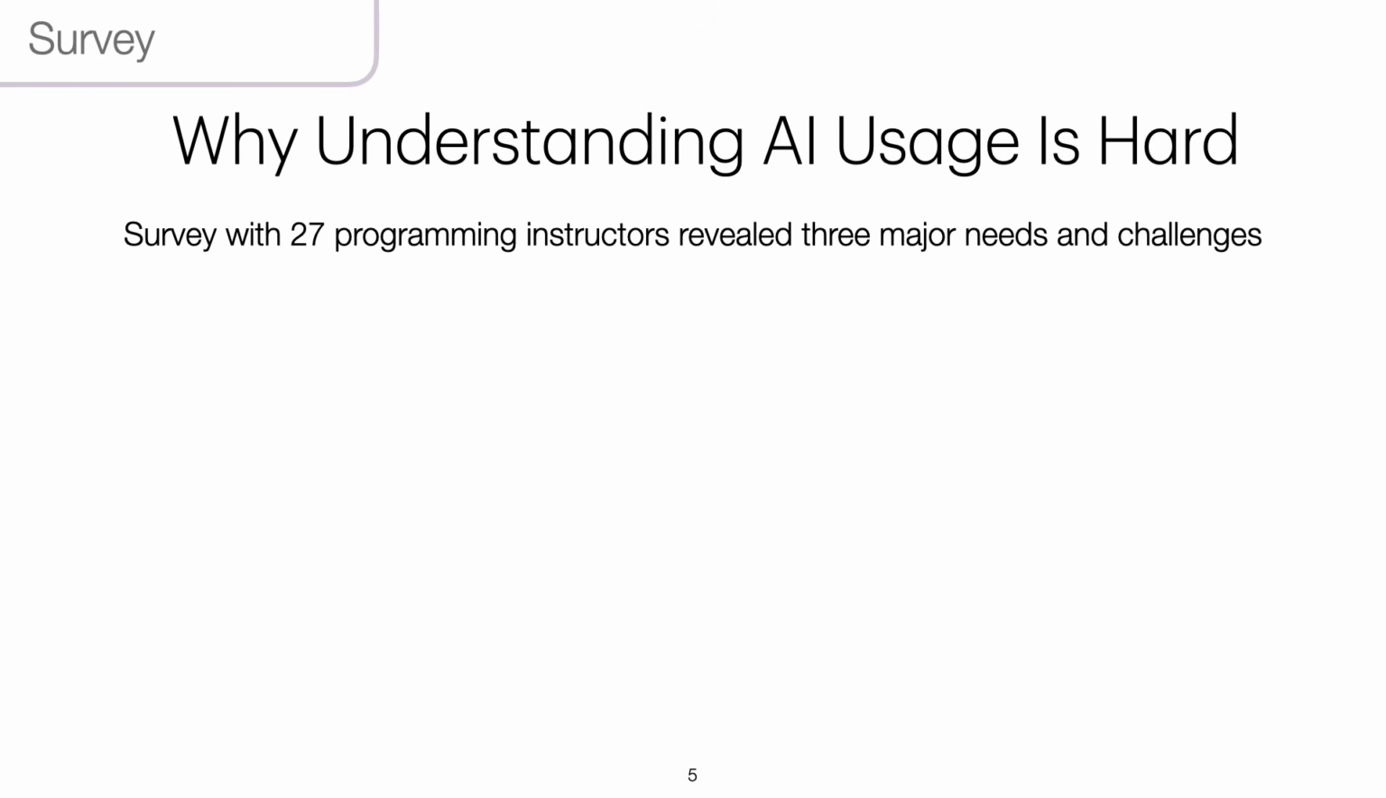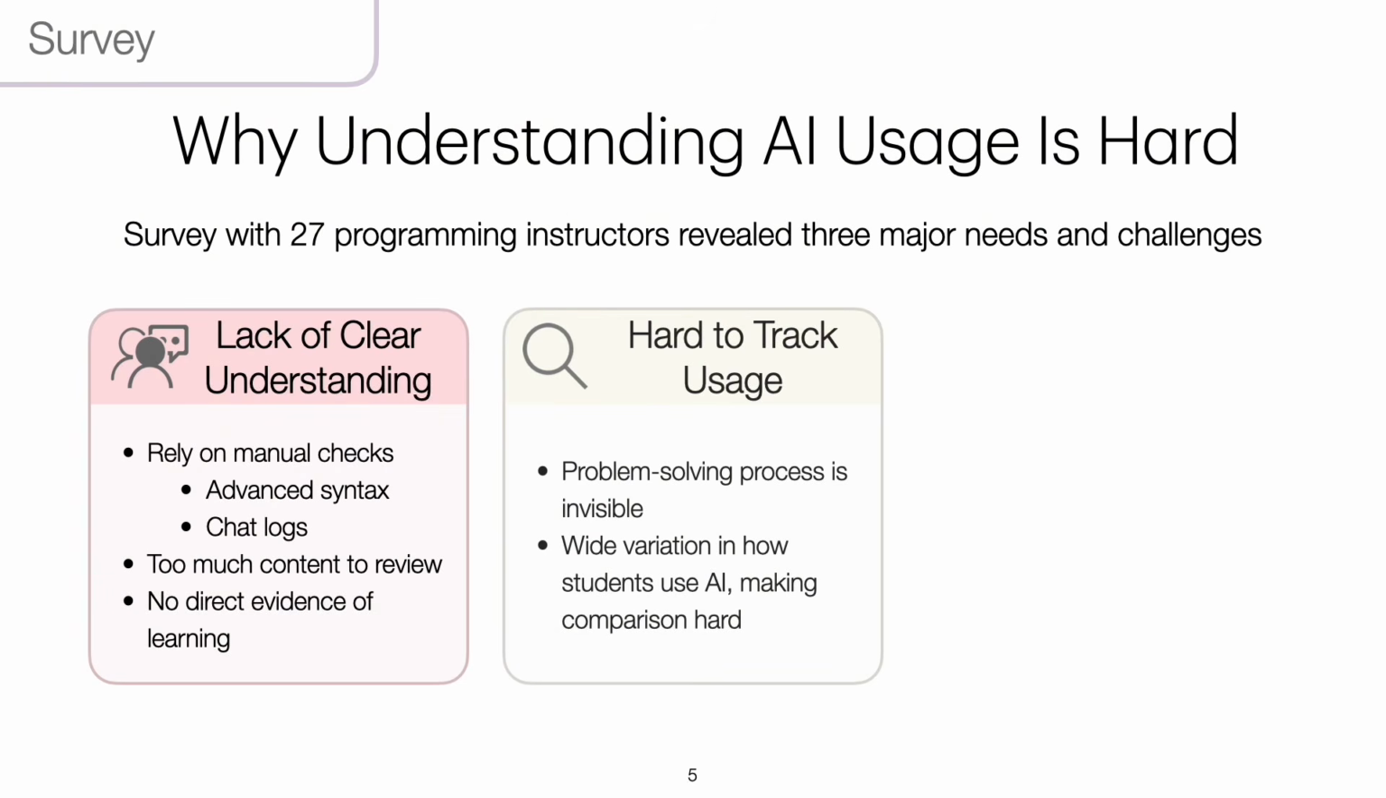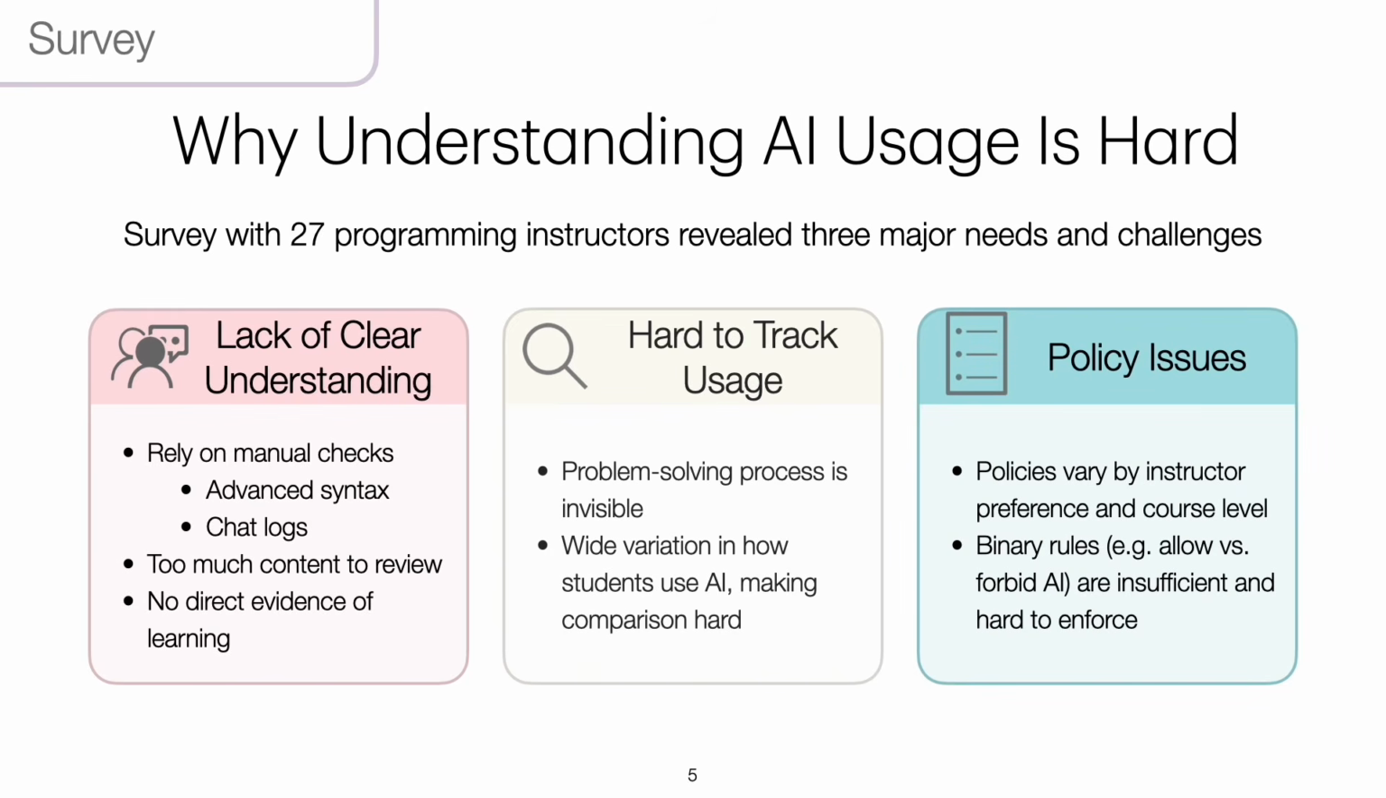The research gap aligned with what we found in a survey study with 27 programming instructors. First, instructors lack clear understanding. They often rely on manual checks and do not have direct evidence of learning. Second, tracking AI usage is hard. The problem-solving process is invisible, and there's wide variation in how students use AI. Third, AI policies are inconsistent. They vary by instructor and course, and simple binary rules like allowing or forbidding AI are insufficient and difficult to